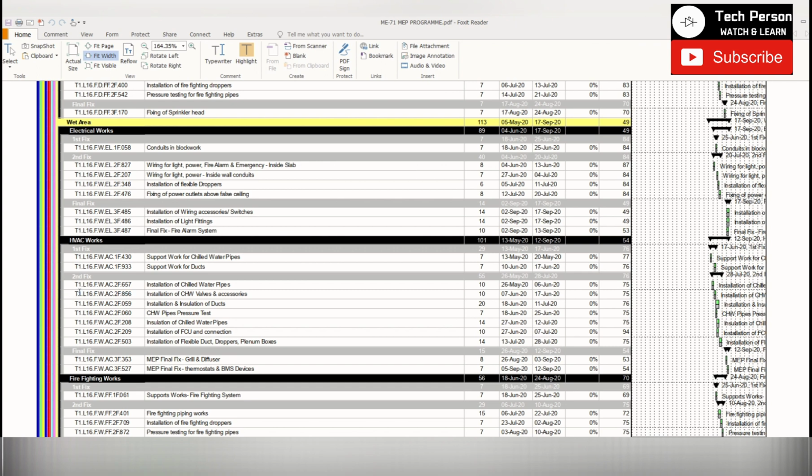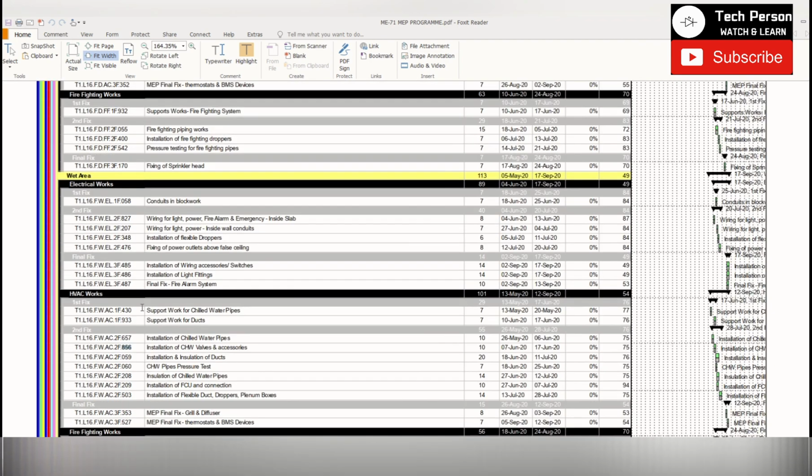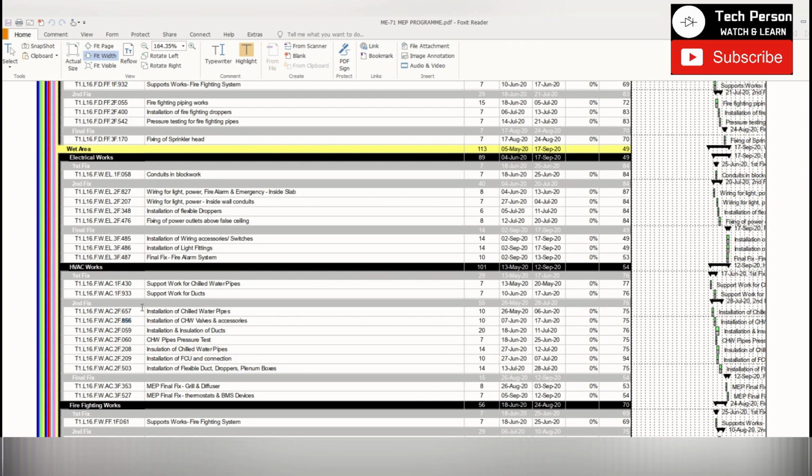So this activity ID is renamed like Tower 1, then level-wise, then it is inside the flat, then in the wet area, then this activity belongs to AC, then this one belongs to circuit fix, and then the activity unique code. So in this video I will explain how you can rename all the activities for your project using global